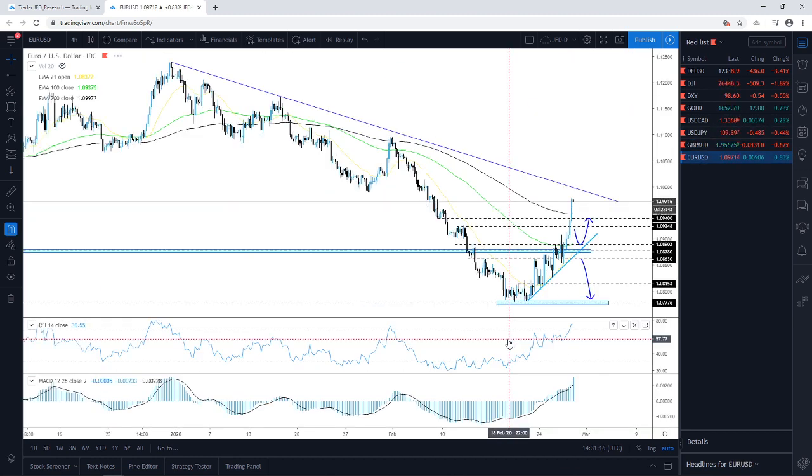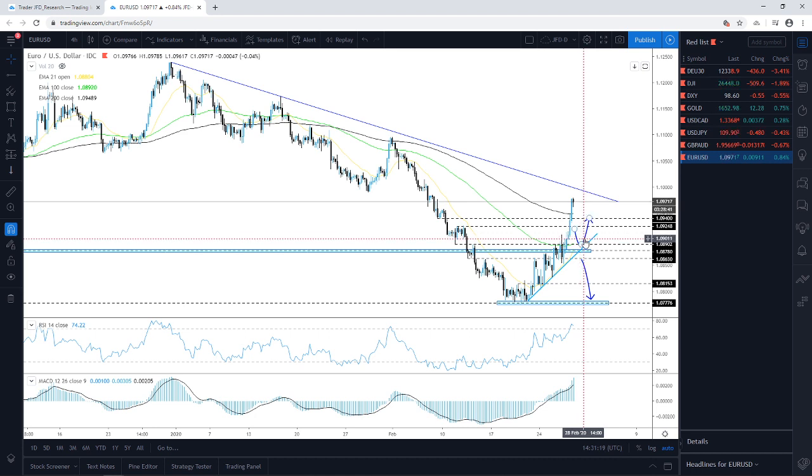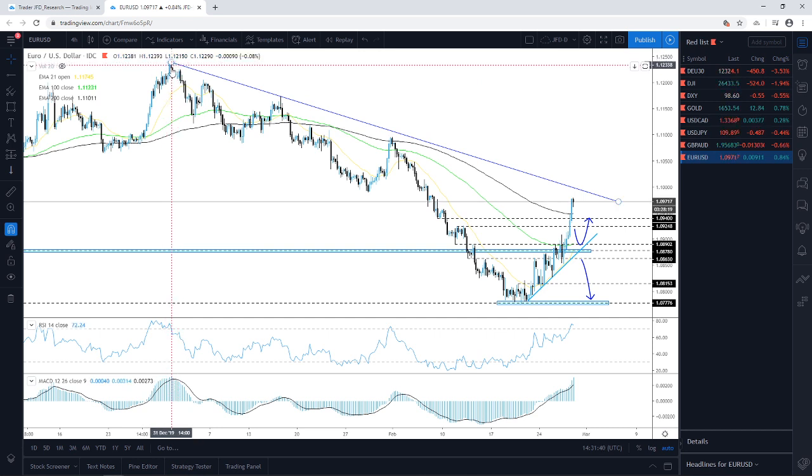Euro dollar finally. So this is what I talked about this morning. Of course, we didn't get the correction. We got an explosion straight away, and not only did it overcome some of the levels that I was talking about, it overcame the 200 EMA as well, and now it continues to push further north. All eyes are on this downside line taken from the high of the 31st of December, and